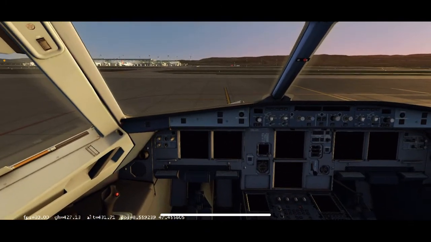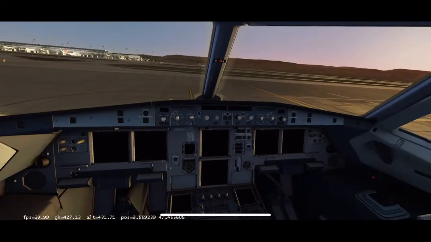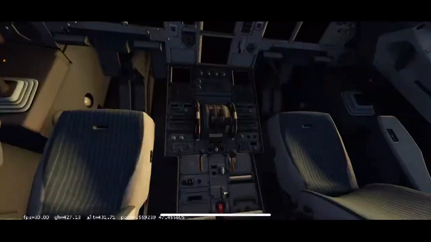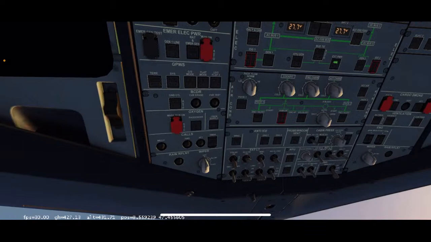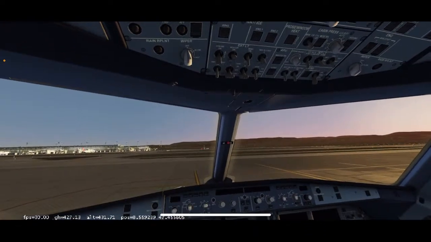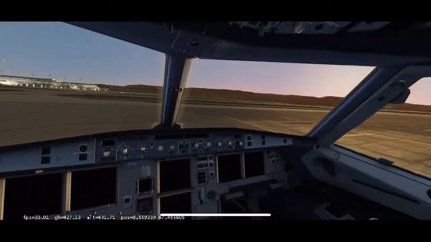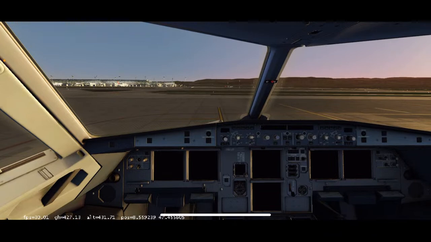Casper, I can help you a bit when I'm stuck. I'm an A320 pilot. Oh, that would absolutely help me. I do actually know how to start up the aircraft and be ready to taxi, but if I miss anything, please let me know, because you're an actual A320 pilot. Obviously, I am not. So if you want to help me out and definitely show me an easier way, or if I did something wrong, please let me know. Don't be afraid to. I have my before start checklist here.